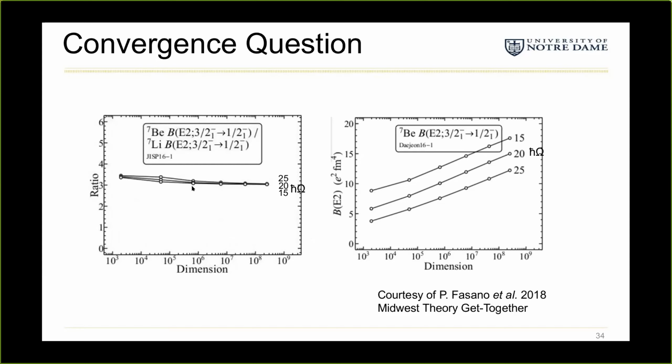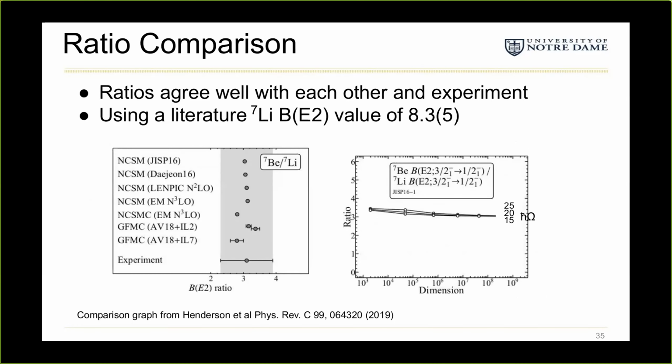And the lithium 7 Be2 is already known. That measurement has been made many times in the past. So we can easily create an experimental ratio to compare to. So that's what we did. We then compared these ratios to get a better sense of how all these no-core shell model calculations were doing. And in the process, we found another interesting element of this comparison, that the interaction dependence dropped out